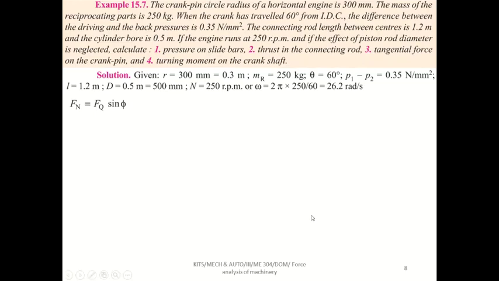So let us write the first formula. F1 equal to, that is the pressure on the slide bars, F1 equal to Fq into sin phi. Now what is Fq? Fq equal to Fp by cos phi. We know the theta value, 60 degree, but we still don't know the phi value, so that phi value also we have to find. Next, Fp equal to Fl minus Fi, where